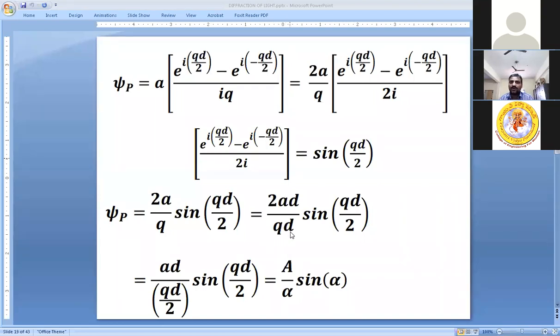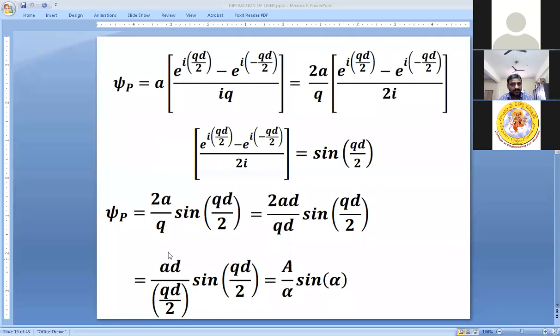1 by q by 2, or in other words, qd by 2 in the denominator, right? You pay attention here. So the AD remained there, and in the denominator it was QD by 2. The 2 came from the numerator to the denominator. And why I have done this is I want to make this term look like sine alpha divided by alpha. Because if I just retain this QD, the A in the numerator and Q in the denominator separately, I can't get this alpha term. So just to make it look like sine alpha by alpha, I have manipulated this.